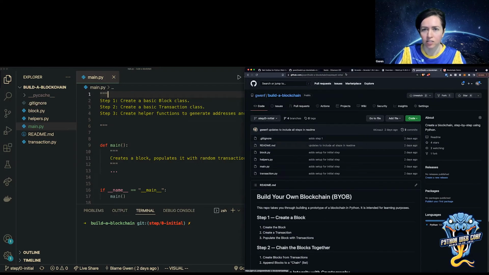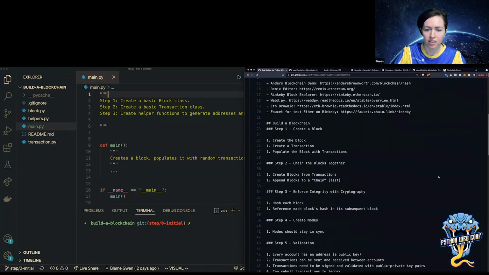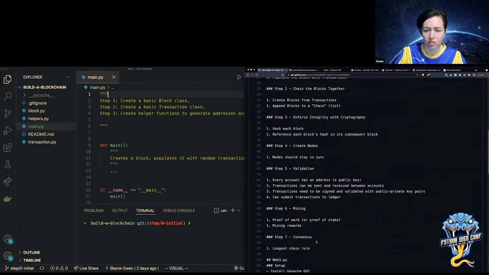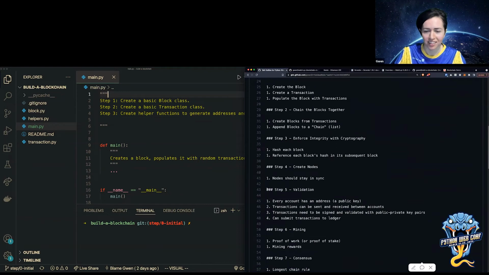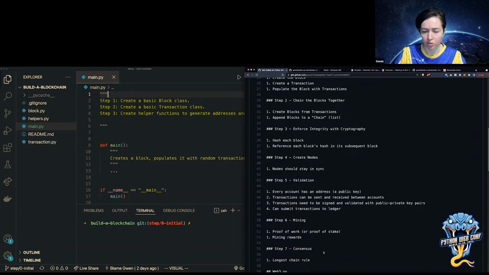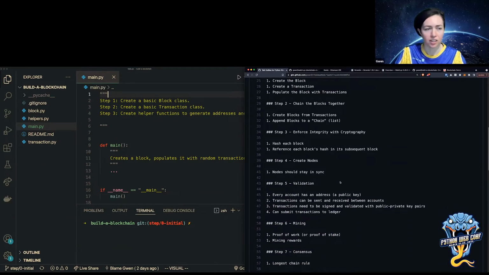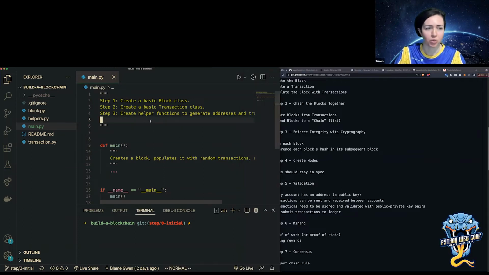I also added some additional steps that I don't think we'll get to today, but you can always add those to your own blockchain if you want to continue building this prototype for learning purposes.